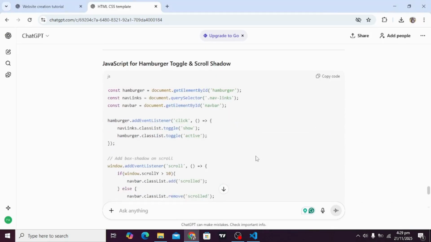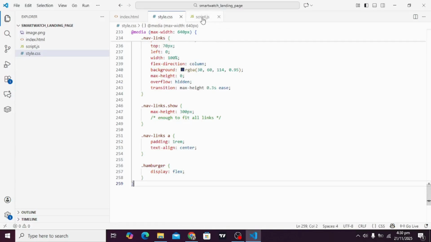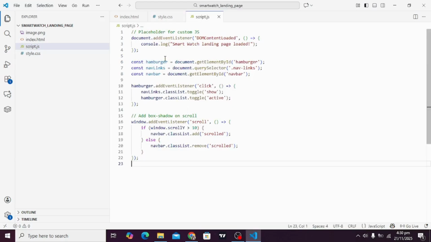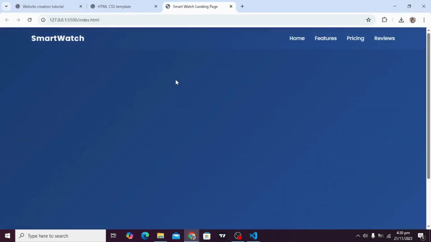Okay, let's copy this JavaScript code which it had created to make sure our hamburger menu works on all screens, like mobile screens. Okay, now let's open our project in the browser to see what it is showing.